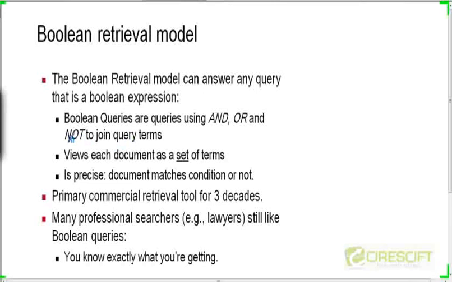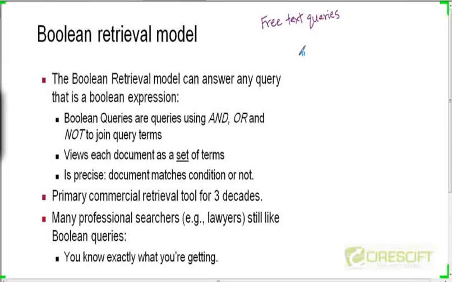But actually, the kind of queries that modern search engines accept are called free text queries. Free text queries means that you just type in whatever sequence of words comes to your mind intuitively. You're not consciously thinking of Boolean operators connecting those terms.